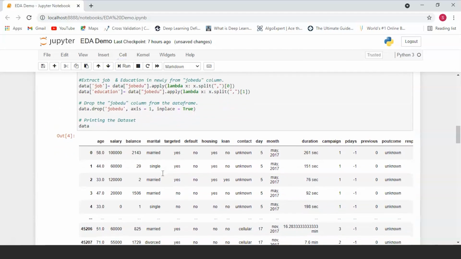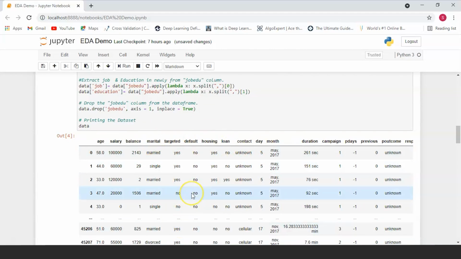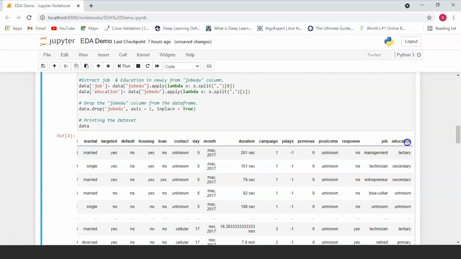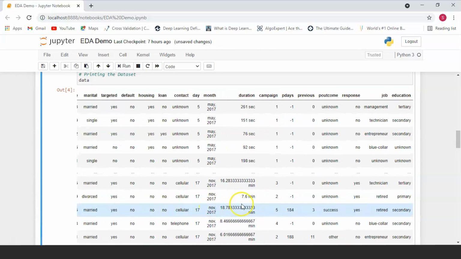So the first thing that you would have noticed is that we don't have the customer ID column here anymore. The second thing that you would have noticed is that the job edu column is missing, and instead we have two columns which have been added at the very back, one for job and one for education. So now we again have 19 columns since we have dropped two columns and added two more.